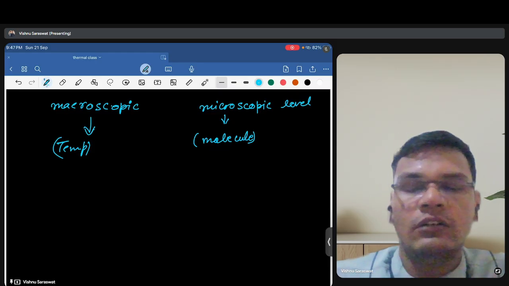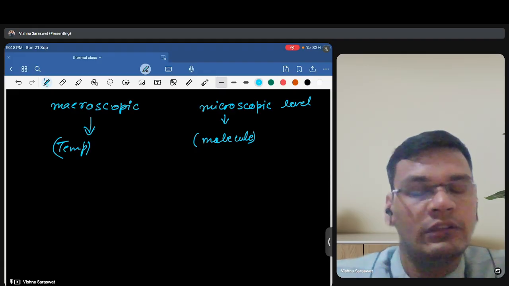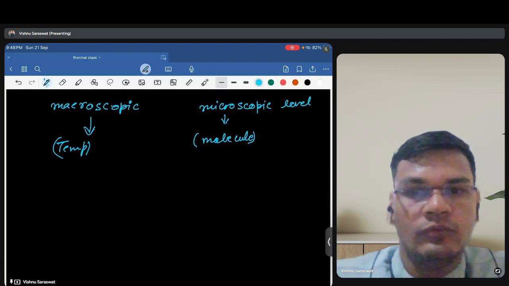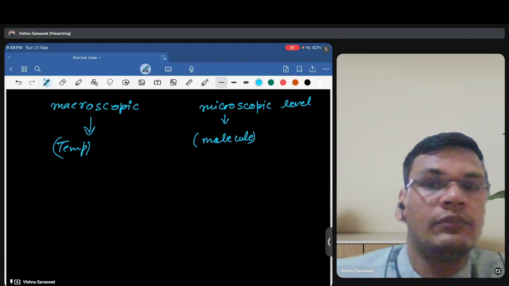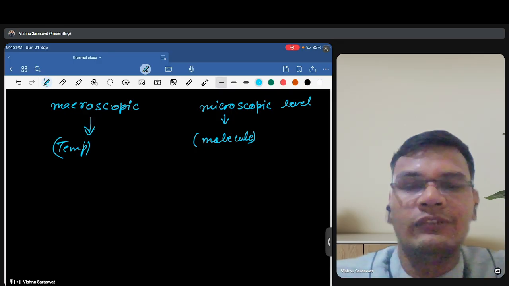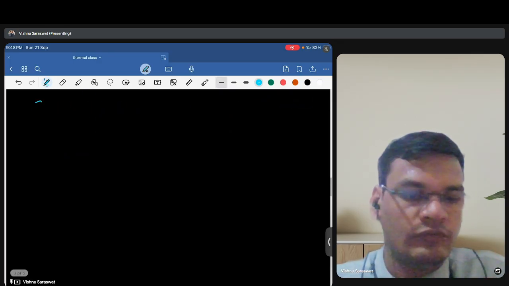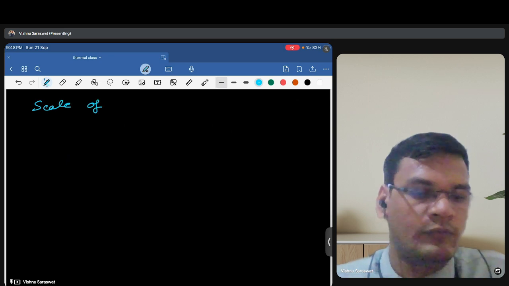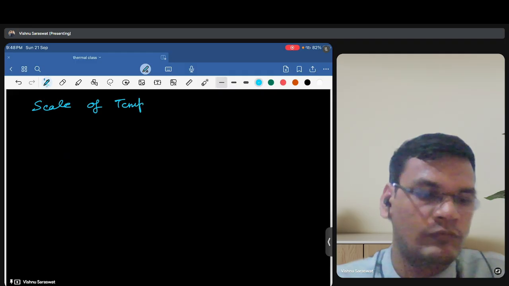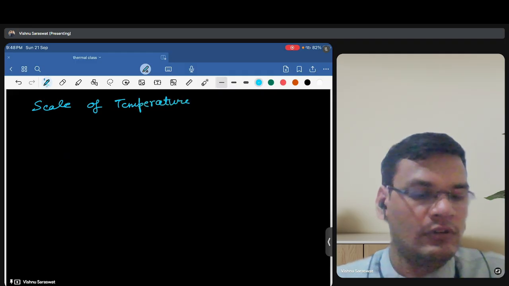So now we come to the scales of temperature. How many scales are there? We can measure temperature in different ways. In daily life we generally use three scales of temperature. The first one is